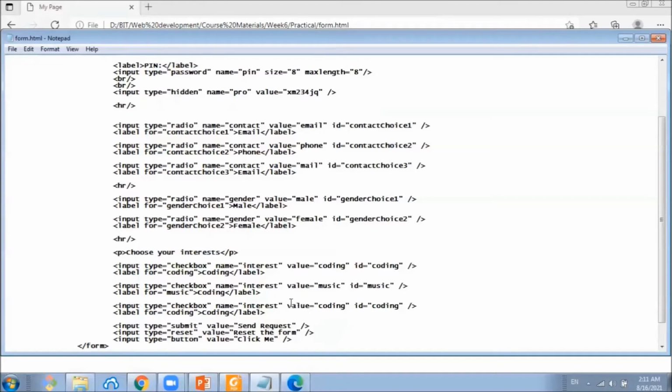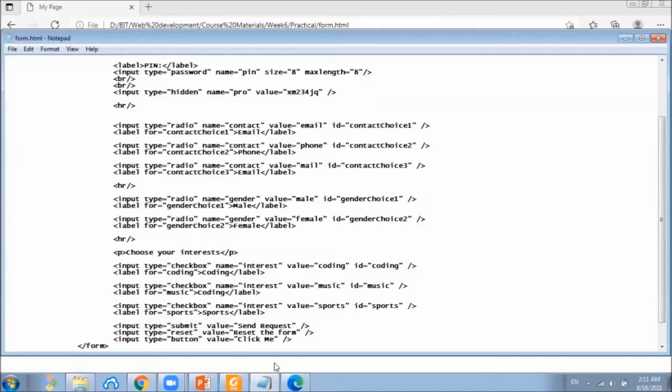And the third one for sports. The label also, we specify the details sports. Right.